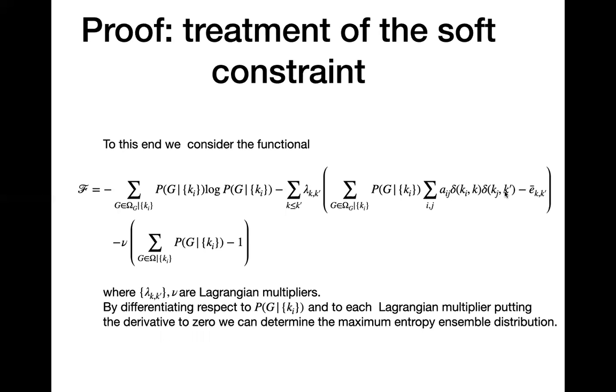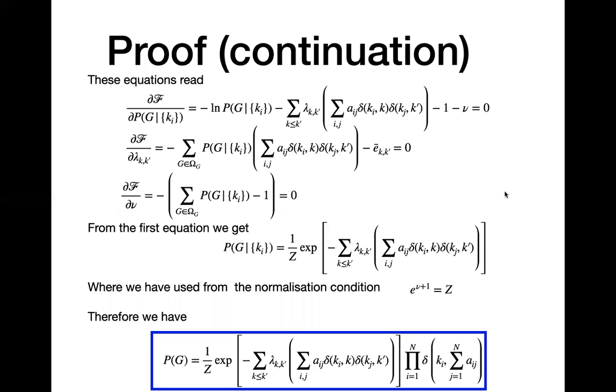By doing the standard calculation that I've been doing all along in this class, we find that the probability of a graph given the degree distribution takes just this exponential form,